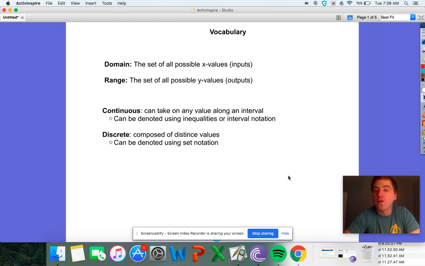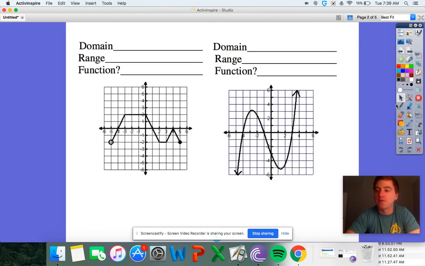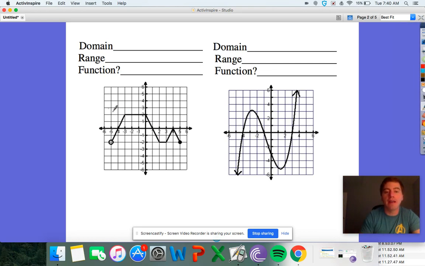When we go over examples of each, maybe some of those words that don't make sense right now will make sense then. You probably want to put a little example next to them. So let's get to a few examples, and then it should make a good amount of sense. So domain and range. We're talking all possible x values for the domain. So x is the horizontal axis. So we're talking about this